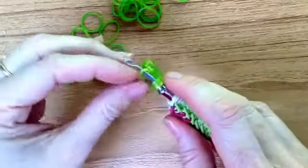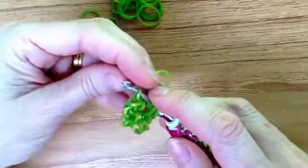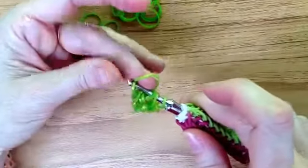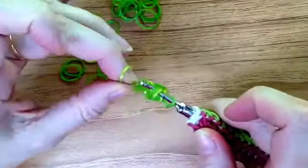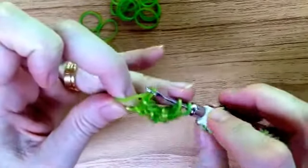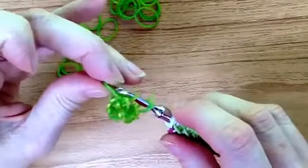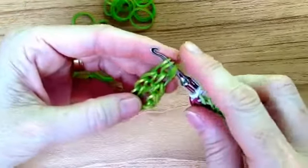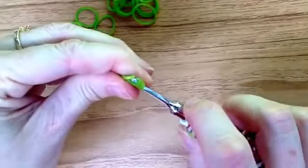So again, you can do it whichever way you would like. I think I've seen, again, Jace is coming up with all sorts of interesting ways of doing things. You can get this band and put it next to that band, so you pull both of them, hold both of them in your fingers, and hook this one under the other 2, and then put both of those ones back on again. That's a possibility. So we got middle, so then we do turn,